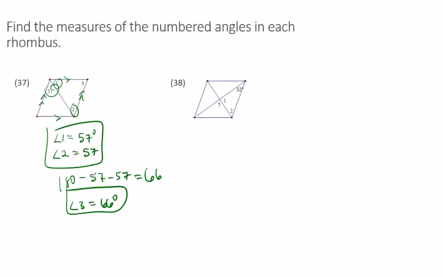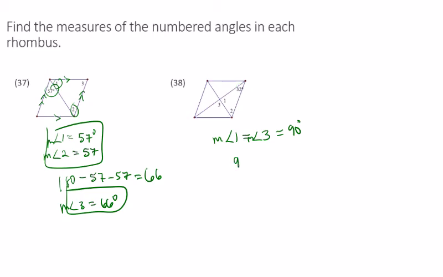All right. 38. So here we have another rhombus. We know that diagonals of a rhombus are perpendicular. So angle 1 and angle 3 are equal to 90 degrees. And I should put measures of for all these, right? Okay. All right. And then angle 2, well, if this is 90 and this is 32, remember these are complementary,